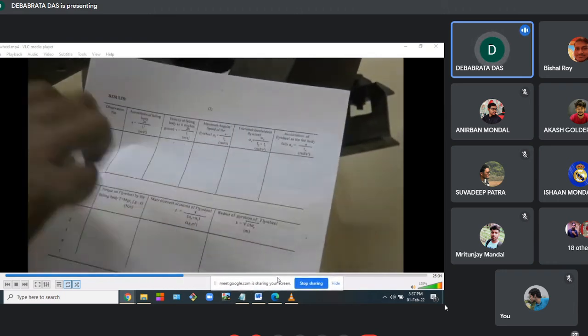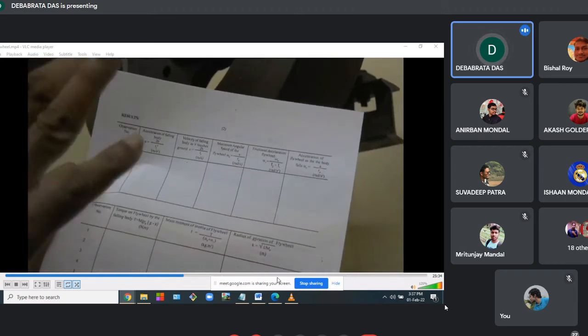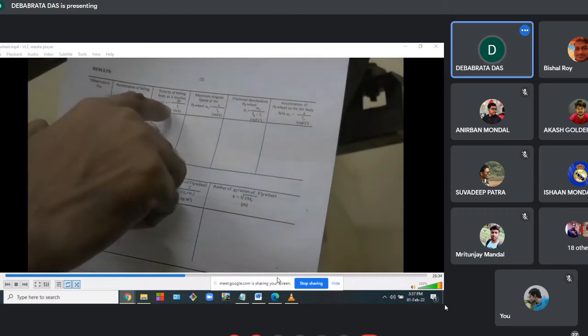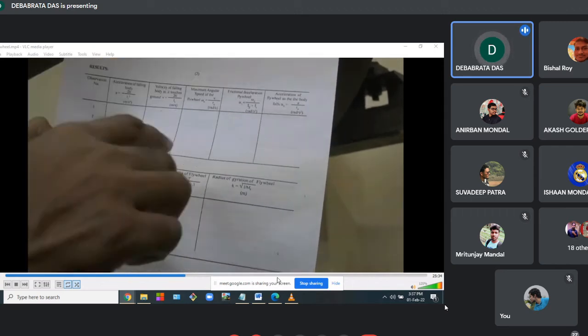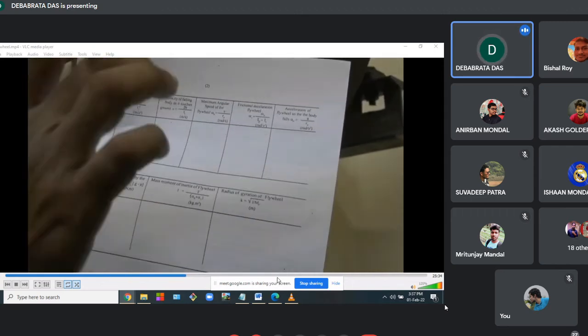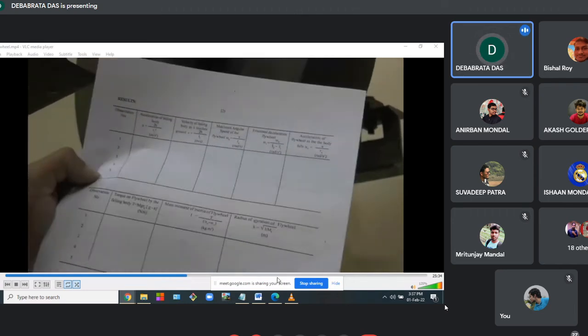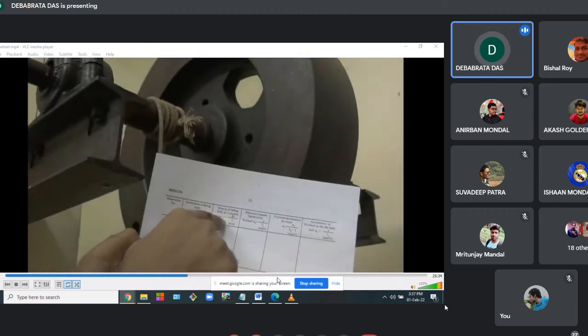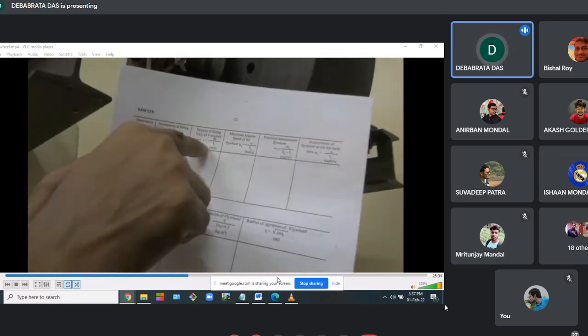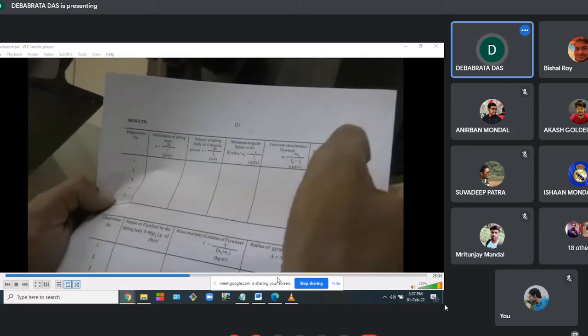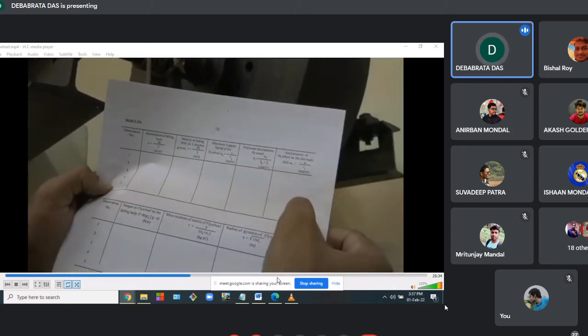All these calculations have been explained in your theoretical class. Then the maximum velocity reached by this falling mass when it hits the ground is V equal to u plus at. u is 0, so it is twice h by T1. Then once you have this linear velocity of the surface of the shaft, that is V, the maximum velocity, its maximum angular velocity is V by R0, radius of the shaft. And then its angular acceleration is a by R0, the last column.